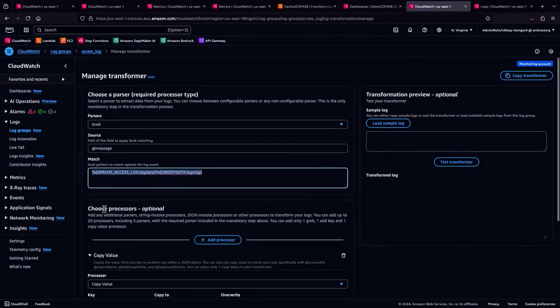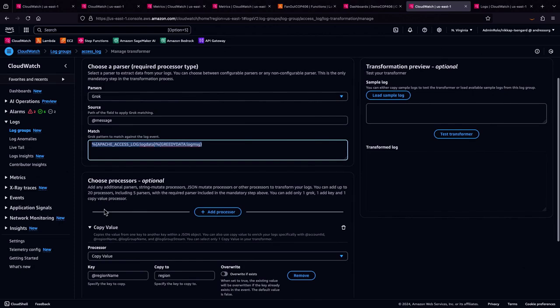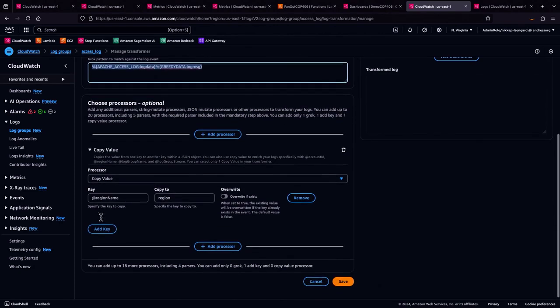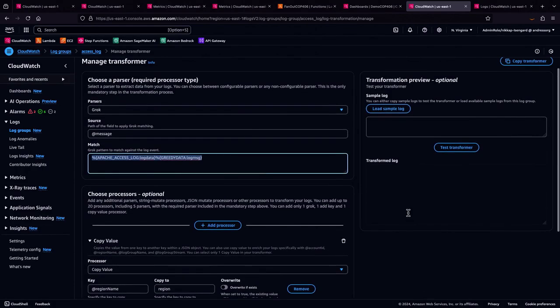So I can add, on top of that, other parsers or processors. In this case, what I'm doing is a copy value. So I'm doing transformation on the first one, and now I'm doing enrichment, because what I'm doing is adding the region to a field called region, so that I can include that in my log also. So I will go ahead and here, so that I can make sure that it's working properly,